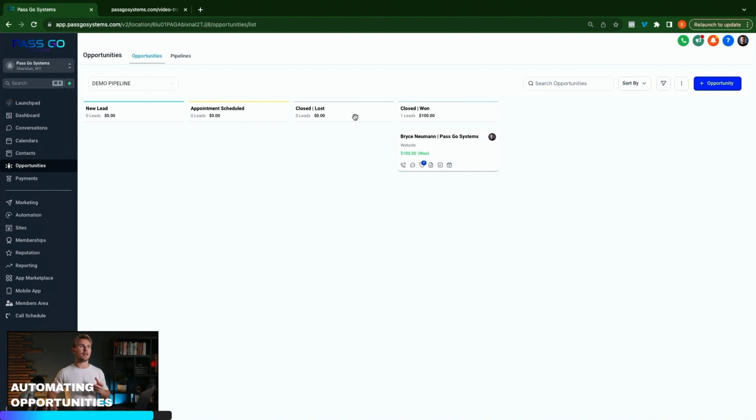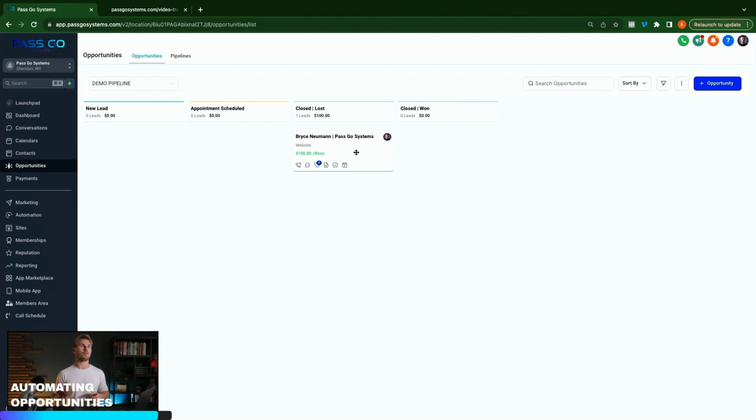And you can see that we've also got the closed lost as the last portion of this. So if we're on the appointment with the customer and realize that they don't want our services, we want to move them to closed lost, then you would have to go through that same manual process and change everything. But because we have the automation running, even though we need to manually shift them to this pipeline stage, everything else automatically happens. So watch this as I shift it here, then give it a little time to think,